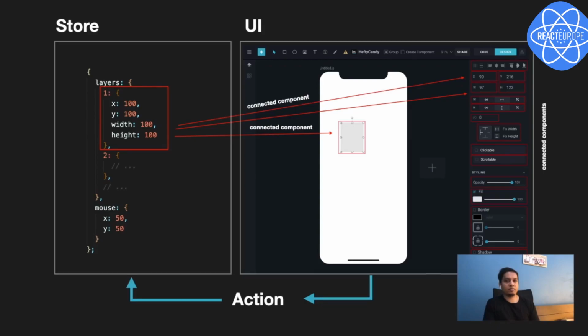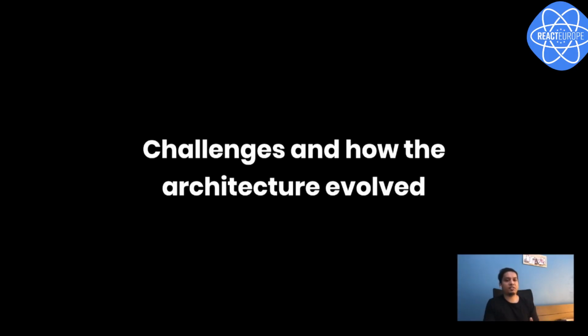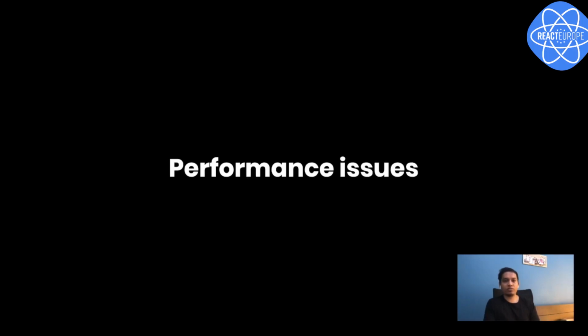And like any other app, we faced challenges. And as we resolved each challenge, we also evolved the architecture. The first one was a performance issue. We hit performance issues where users could notice sluggish behavior when drawing, say, elements on the screen or dragging them. It was more or less related to the number of elements present on the canvas.